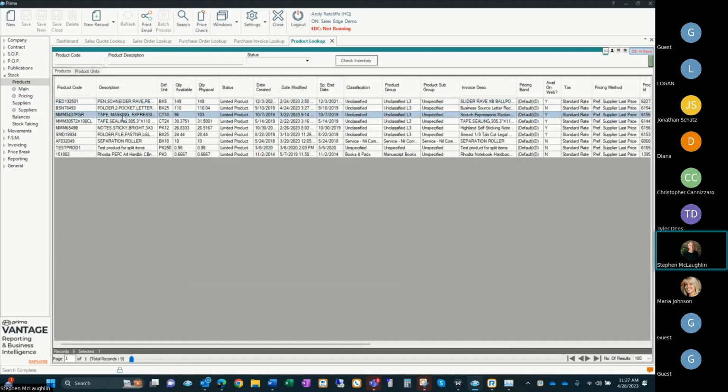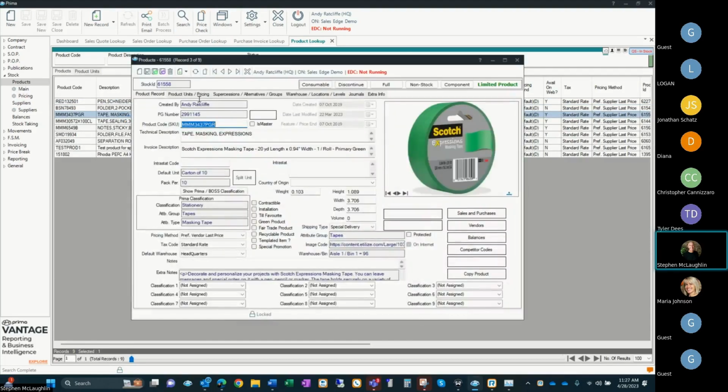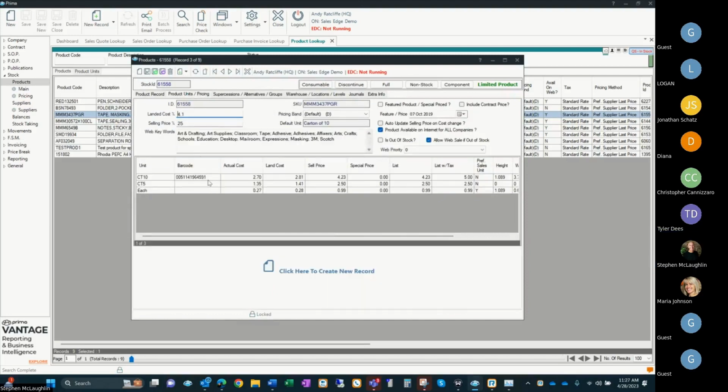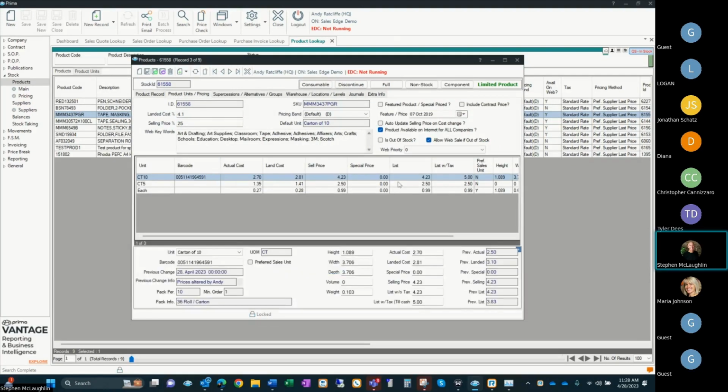So this one is a carton of 10, for example. If you go into the product units, you can split down from a carton. This one's got 3 particular units, so users can sell and manage different selling prices from here. However, historically, the cost prices didn't update when you had a change. So what we've done here is simply,